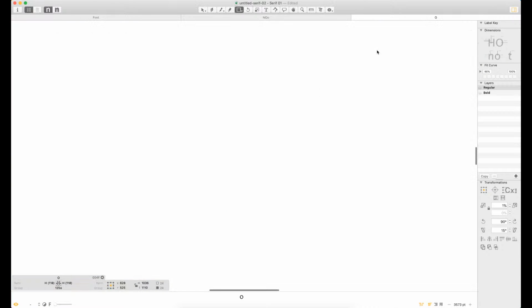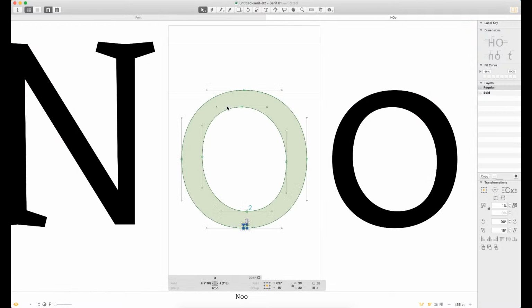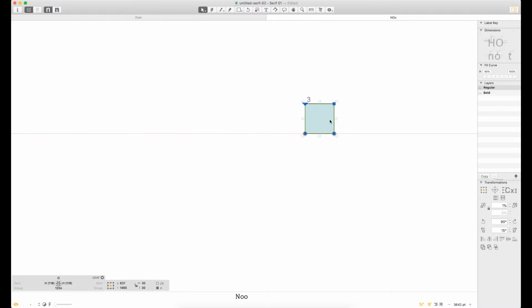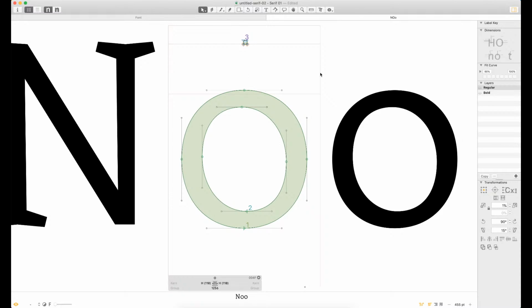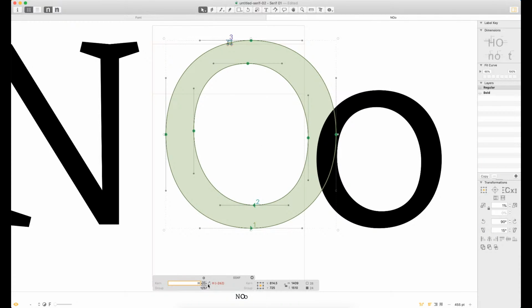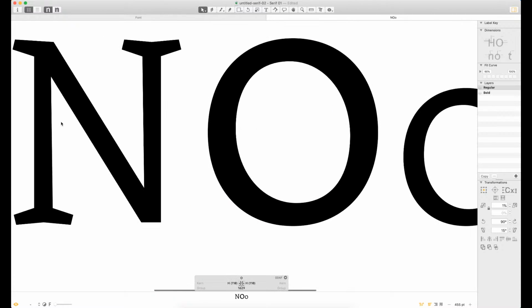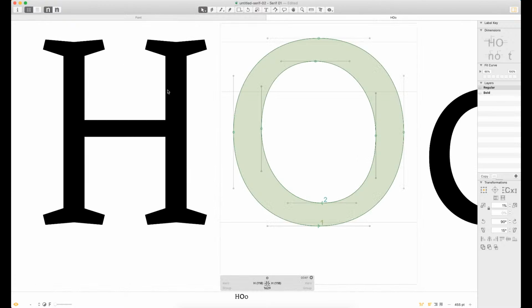So again, I think, oh, as I accidentally click out there. What did I do? I think, did I do 20? No, I did 30. So I've got to go 30 points above my cap line. So the top of this square is going to be what I'm aiming for here, and I'm just going to try and get that as close as I can. Or in this case, spot on. And just to give myself some space as well, I'm going to update my metrics there. Perfect. So now that I've got that set up, going back to my H,